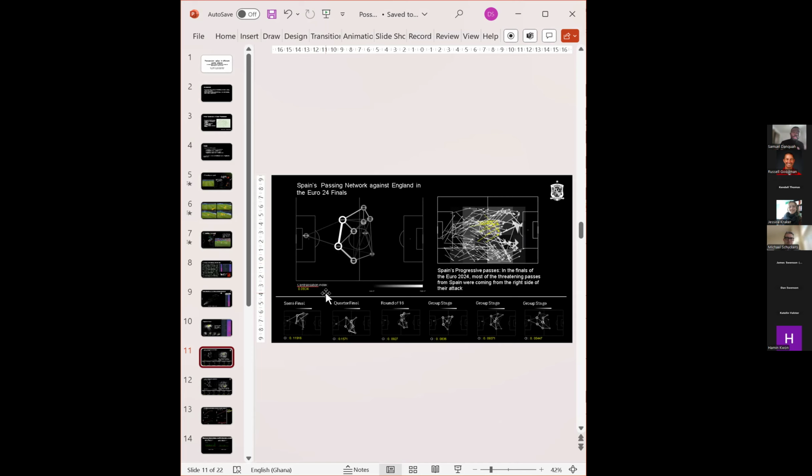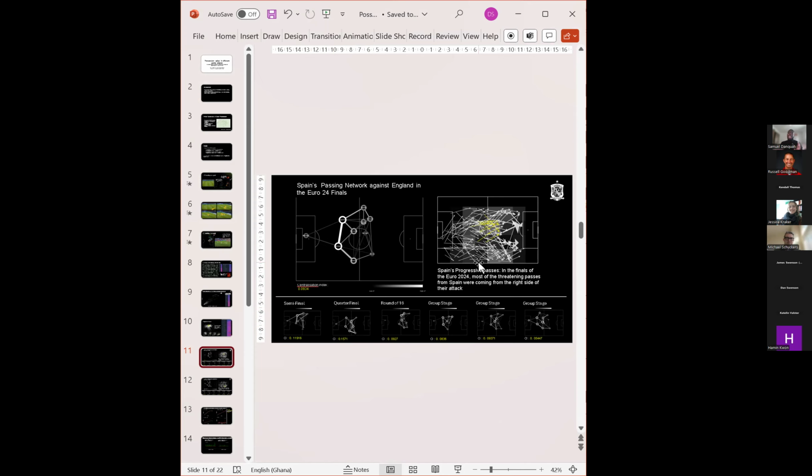And you can clearly see the centralization they had. With this pass network, the centralization essentially tells the story of how much they relied on a player, or whether it was a very collaborative effort by the team. So the higher the number of centralization, then it means they relied mostly on some specific players. If the centralization is lower, then it means they were pretty much collaborative on the field of play. And Spain did a very good job with that, with a centralization of 0.0934 on there.